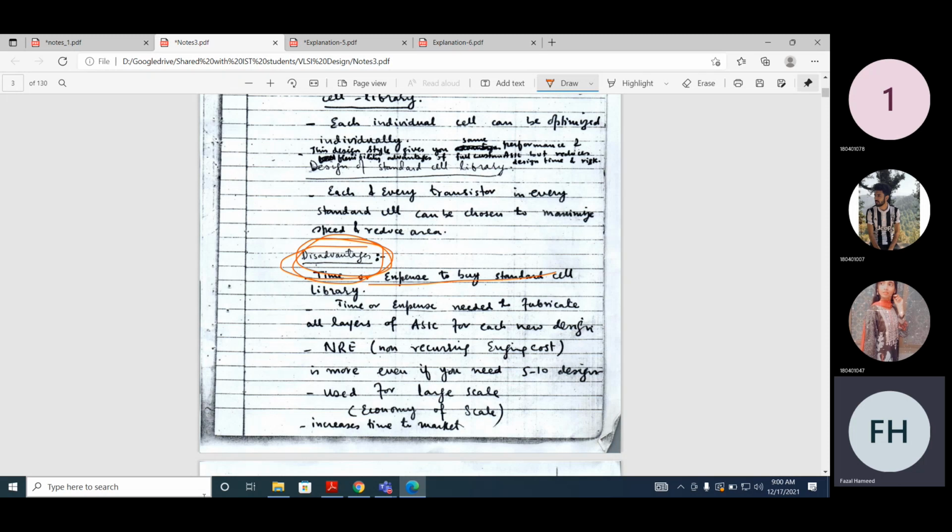Now let's assume you want to buy 1 kilo of tomato, maybe it will cost you 100 rupees. But if you buy 100 kilos, maybe the per kilo cost will be less. If you go to Sabzi Mandi, you will get it much cheaper. That's the principle of economy of scale. The big companies get a lot of benefits because they manufacture things in high volume, and they use the economy of scale.